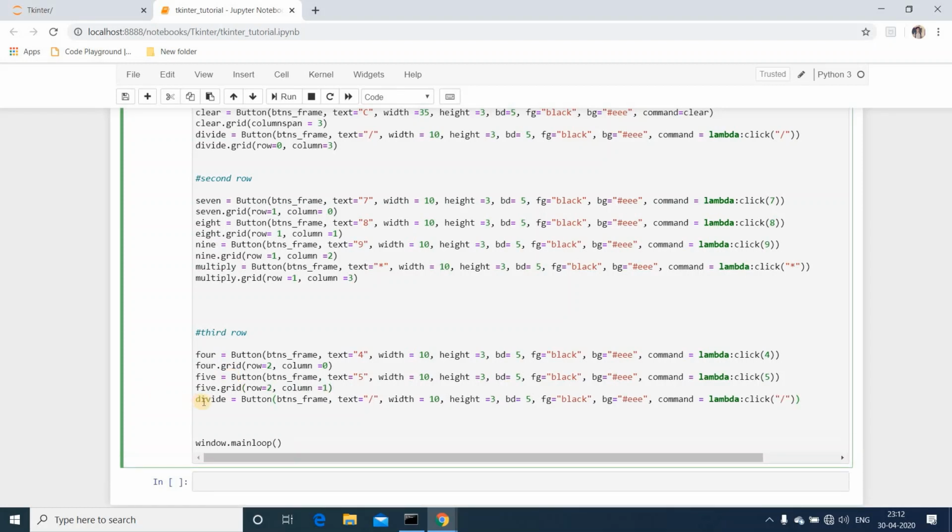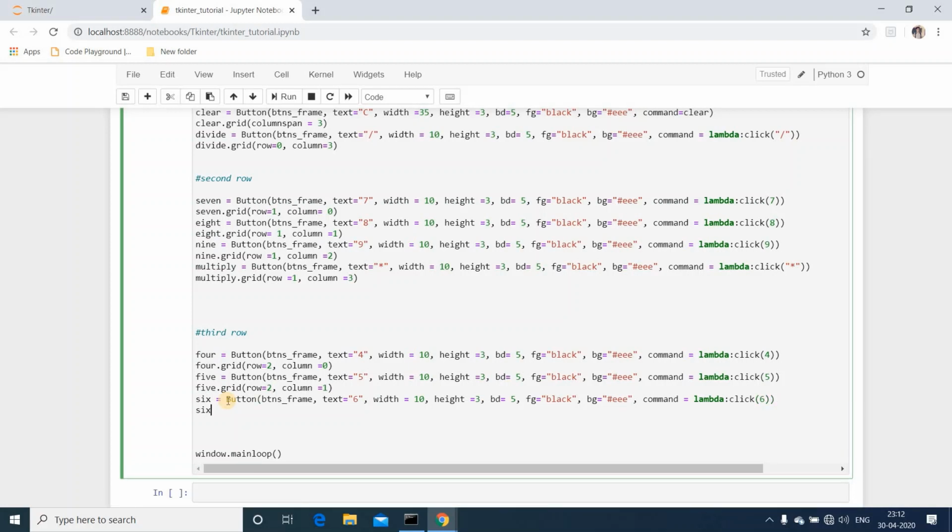Then again I'll paste the same thing, make it 6, change the text to 6, pass 6 as the parameter, and grid it: 6.grid, row equals to 2, comma, column equals to 2.